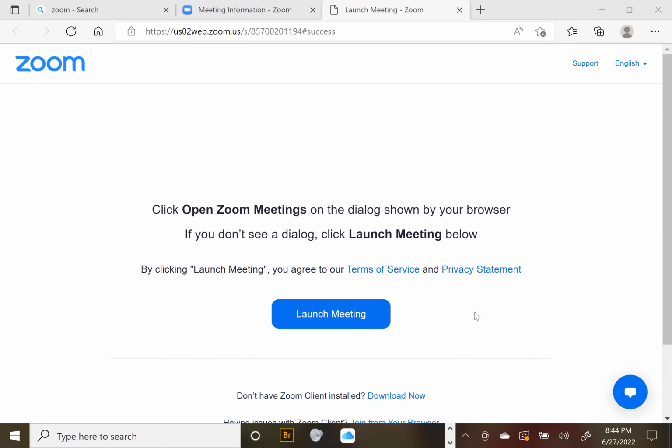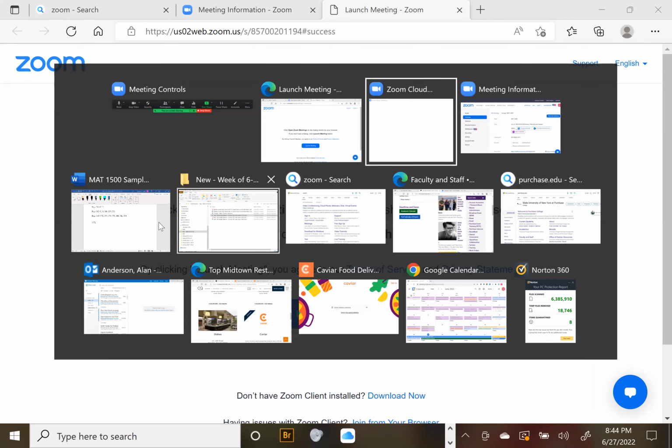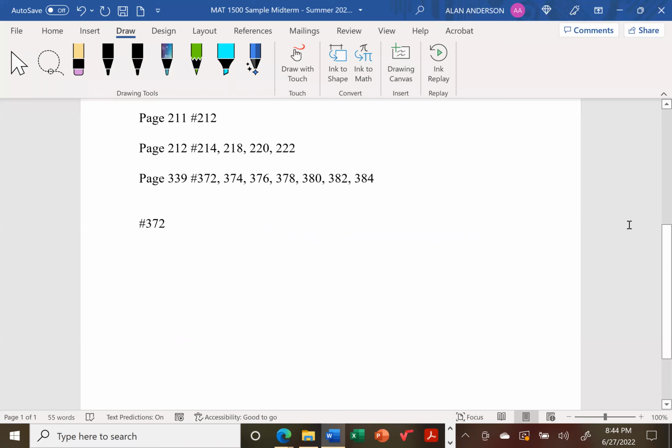But these are the rest of the questions. These are pretty much all the derivatives questions where we use the rules. Although for the first one, we have to use the definition of derivatives, which means we're taking limits. Okay, so let's see how that works. Where is it? Oh, here we go. Okay, so with 372,